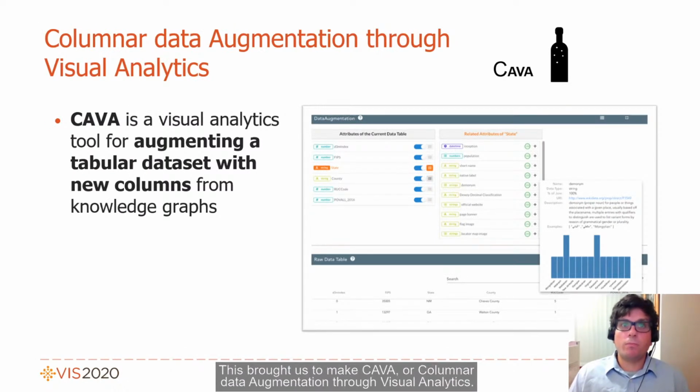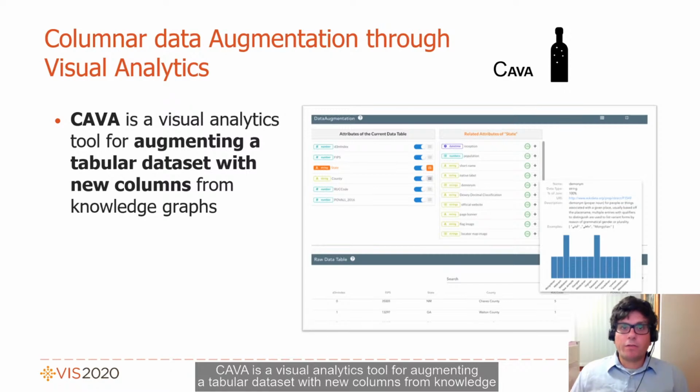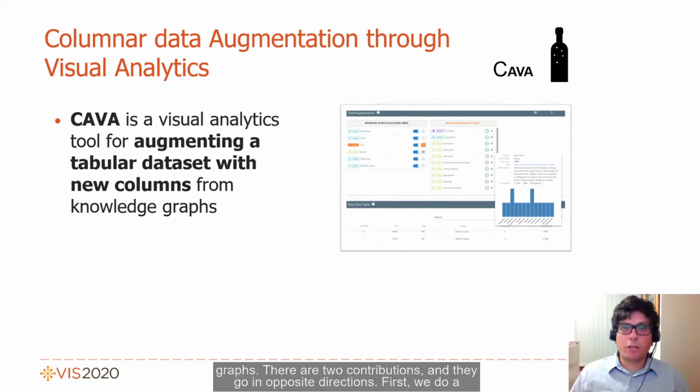And this brought us to make Cava, or Columnar Data Augmentation through Visual Analytics. So Cava is a visual analytics tool for augmenting a tabular data set with new columns from knowledge graphs. And there's really two contributions, and they sort of go in opposite directions. So first,